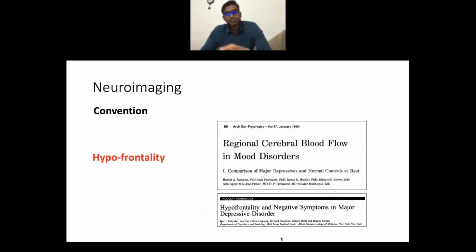So, but then we talk about many various issues and all that. But by convention, it is a hypofrontality. When I was doing my post-graduation as a student, we read about a lot of hypofrontality, which is still there. It all started with hypofrontality by certain neuroimaging techniques like SPECT in the late 80s and early 90s, and based on which it actually kind of endorsed